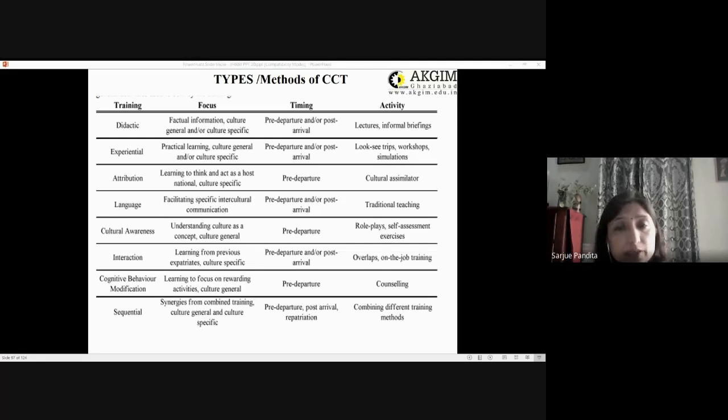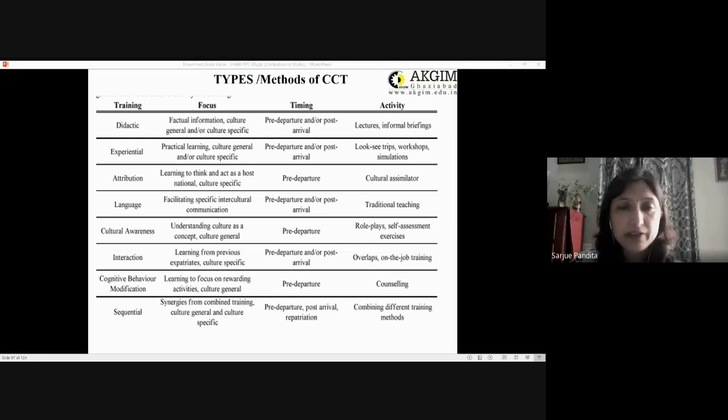So this interaction will help him to know about the challenges, the gaps. Now, this is the method of interaction which is based on interaction between new expatriates and expatriates with more experience of the local culture. Generally, it can take place before departure with previous expatriates, or at the arrival in the host country, depending on the availability of the other person, or depending upon the organization policy. It can be a pre-departure training, or it could be an on-arrival training as well.